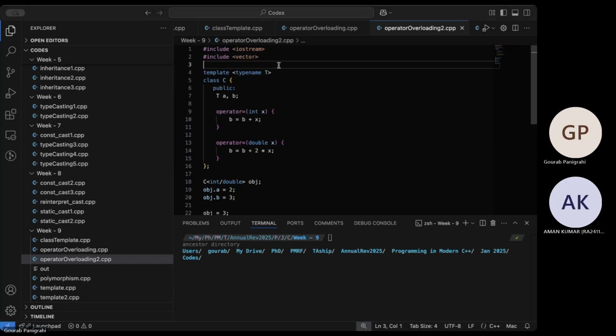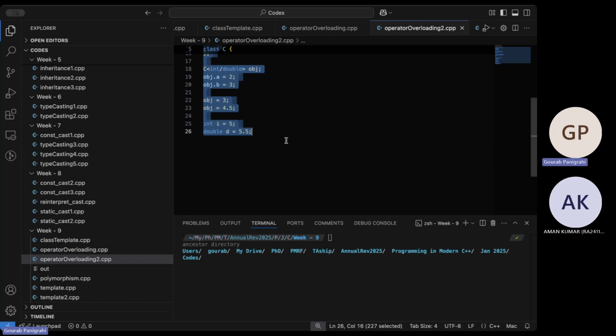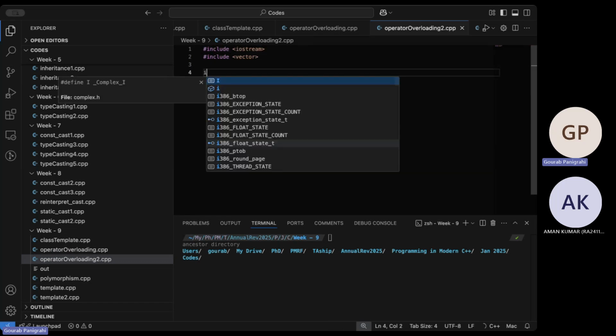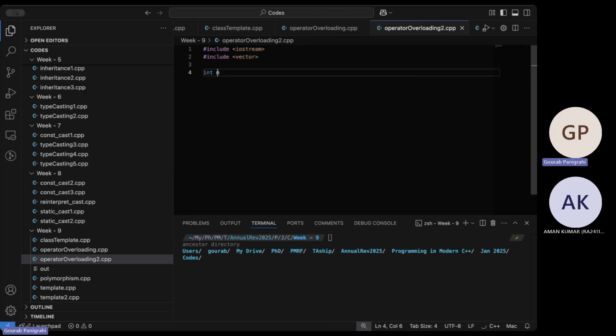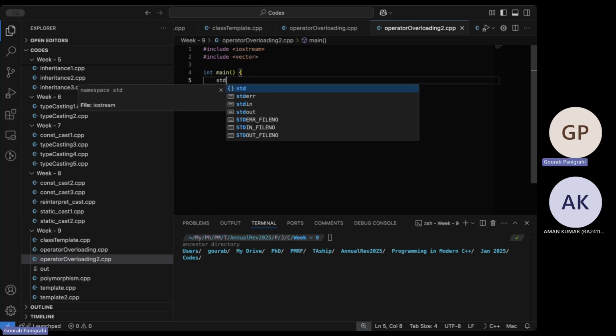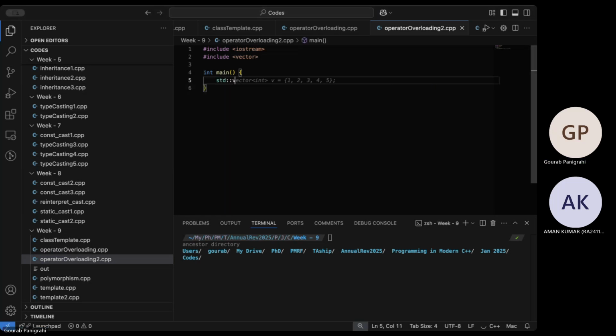Okay, nothing fancy. This time, let's start with the main function. The standard vector. I don't need the full thing.